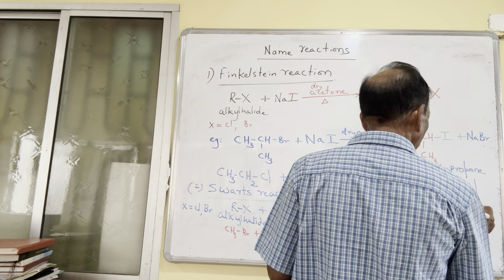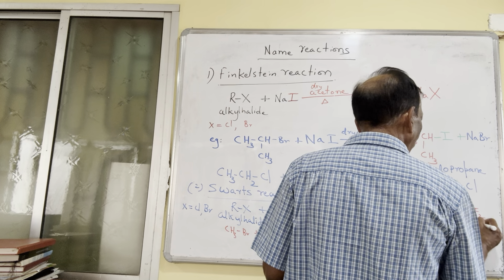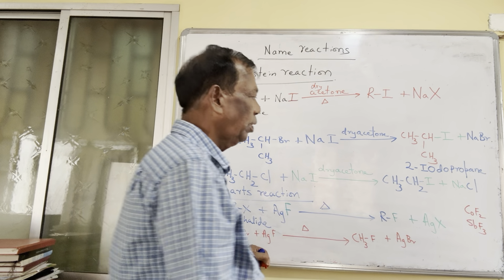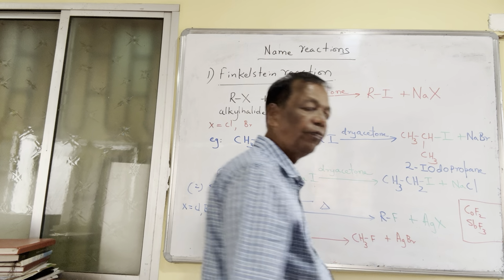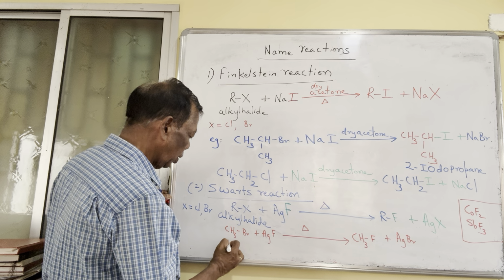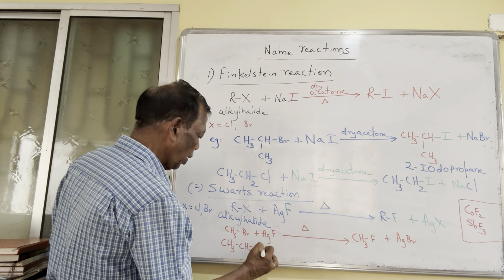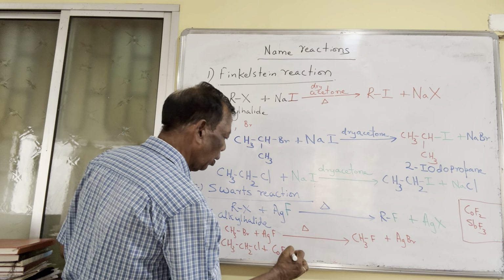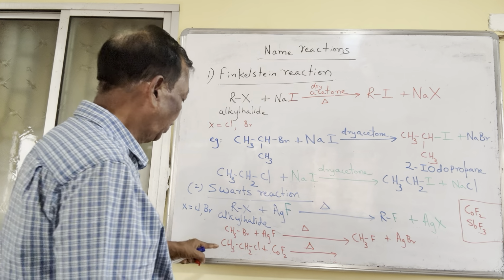See, suppose if you take cobalt fluoride, or if you take antimony trifluoride, SbF3, then also the halogen will be replaced by fluorine. So here, suppose I take another example with CH3CH2Cl, and if you treat this with cobalt fluoride, heat, what will end up here will be